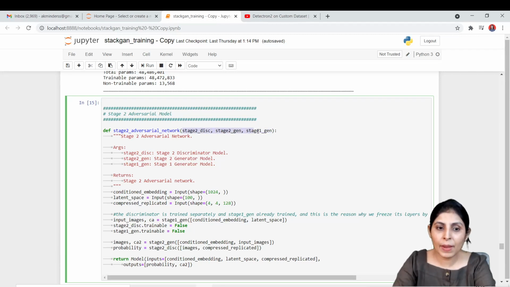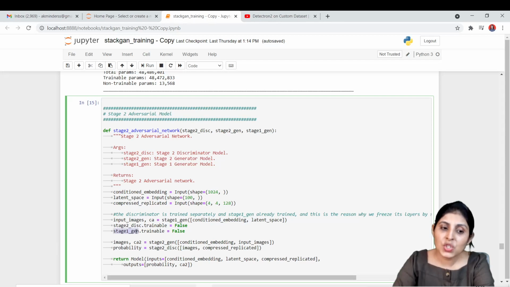So these are the 3 parameters we need to build the stage 2 model. You can see these are the required parameters, and we have stacked all those images. The important thing to note over here is this. In stage 1, I told you not to train your discriminator over here because we are doing it separately, right? So discriminator of stage 2 trainable equals false, because we don't want to train it.